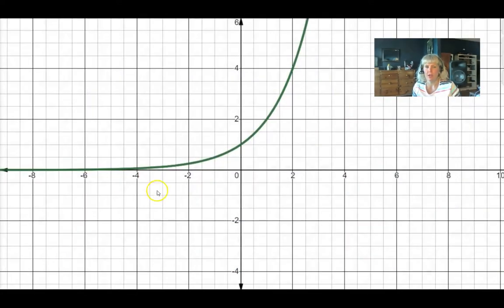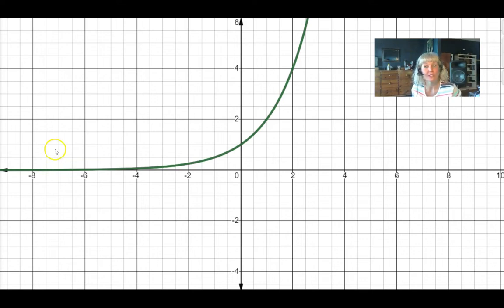Okay, let's talk about transformations of the exponential function. So this right here is considered the parent exponential function. Notice it curves up, it shoots off towards positive infinity, both for the x and the y axis. Also, it looks like it's actually touching the x axis, but it's not. What is happening is this graph is getting closer and closer and closer to y equals 0, but it never